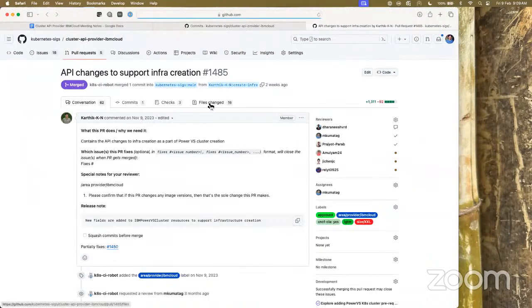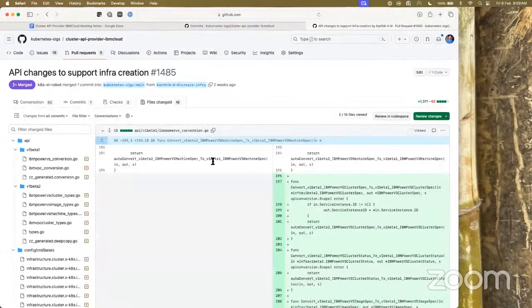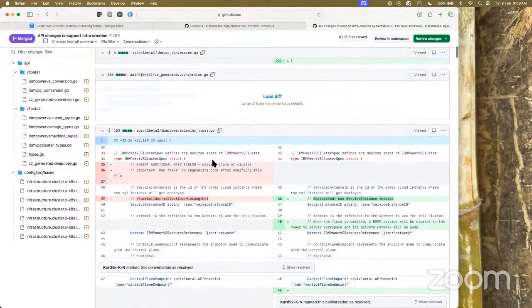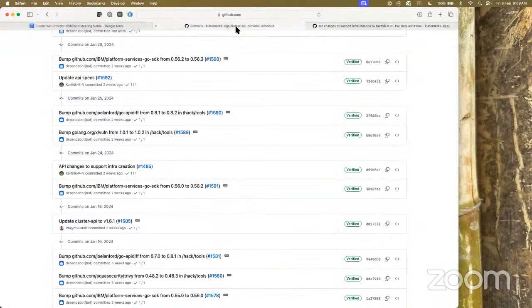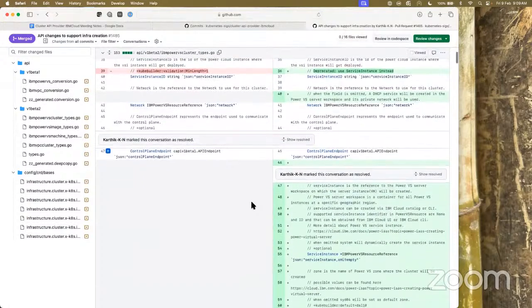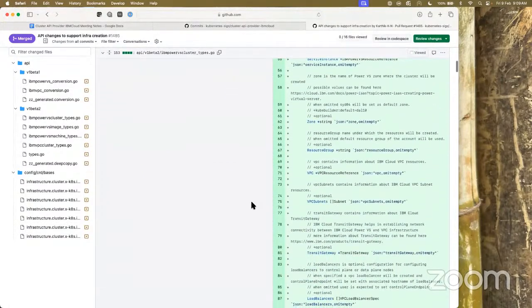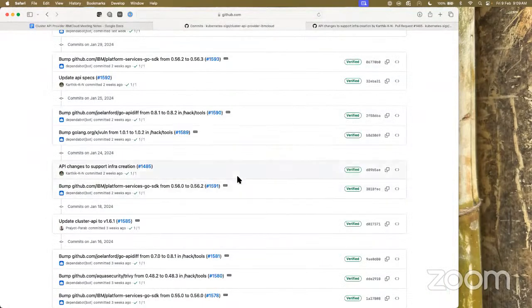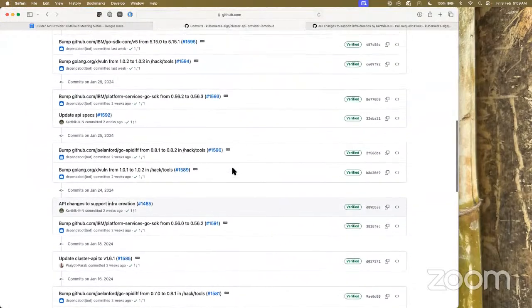And after that, the major update is the API changes for infrastructure creation, right? So this is the work in progress we've been majorly working on for quite some time. I think we did discuss the proposal in the last meeting also. And this PR is mainly for pushing changes for the API spec for creating that infrastructure. We pushed these initial changes, and after that, I think we pushed a couple of changes as well to fix minor things in the API.